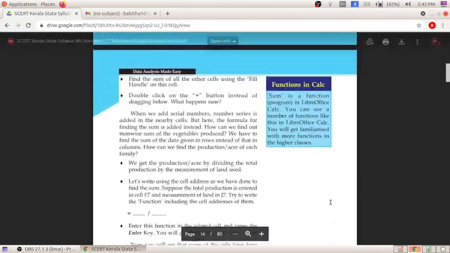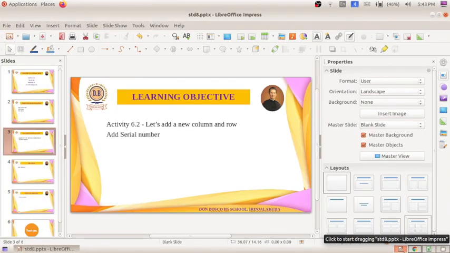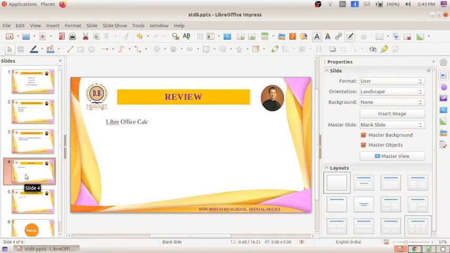So what all things have we discussed now? We have done the first activity of adding a new column and a row in LibreOffice Calc.